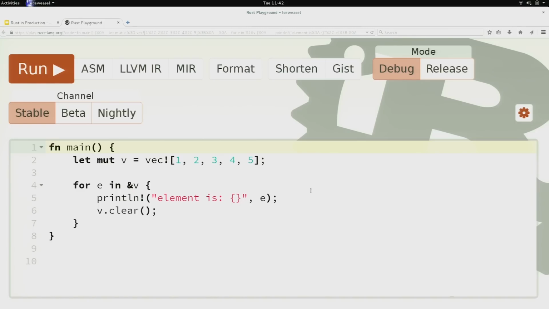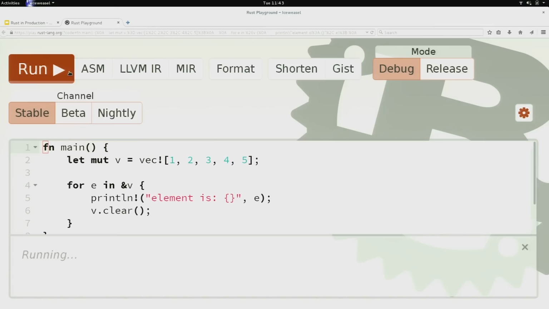Different languages handle this problem differently. If you're using Java, hopefully it will throw a concurrent modification exception, but that's not actually guaranteed. If you run this in Ruby, it will give you a result that is intuitive to people that understand Ruby's GC, but not intuitive to humans. JavaScript will also happily execute this code and do stuff. And C++ will be undefined, or C also will be undefined. But in Rust, this gives us a compile time error.